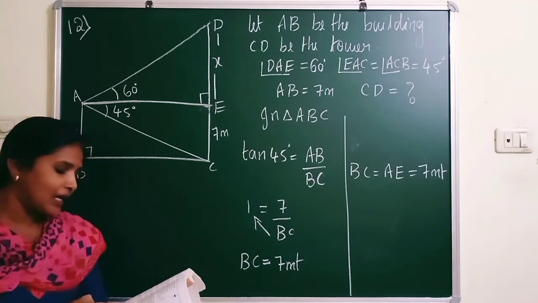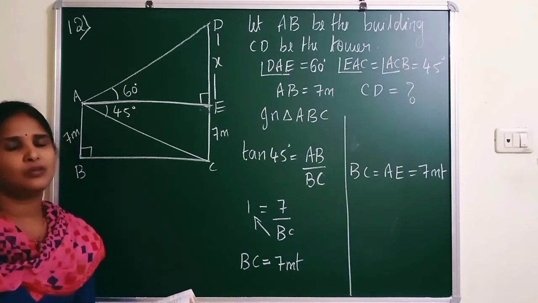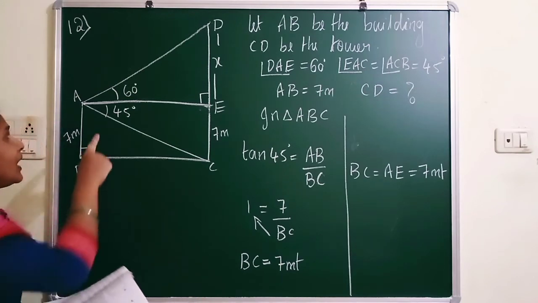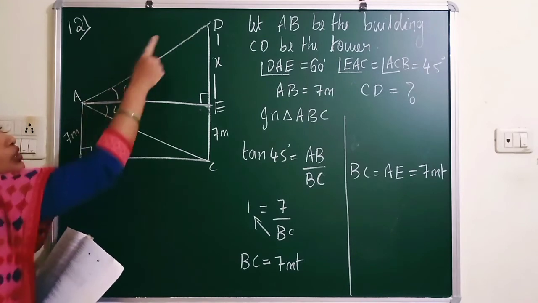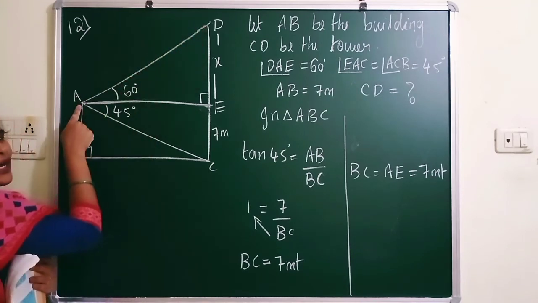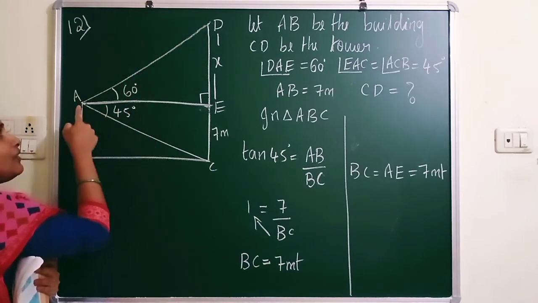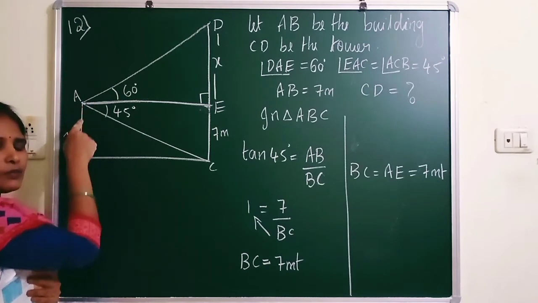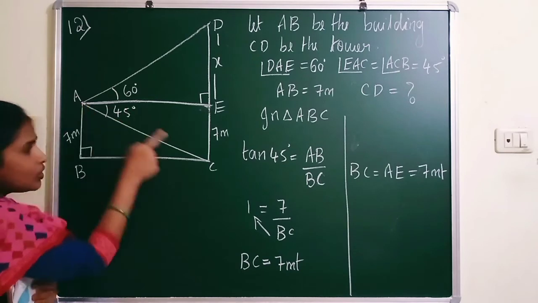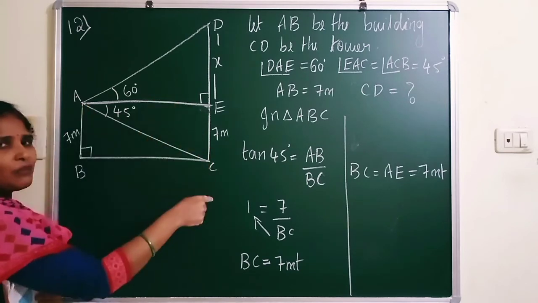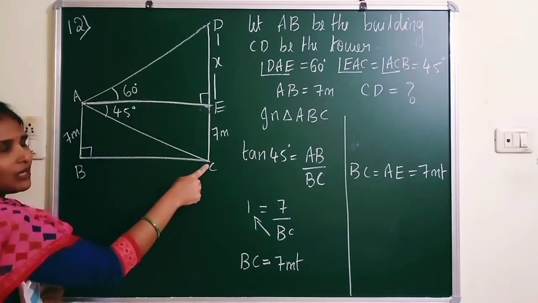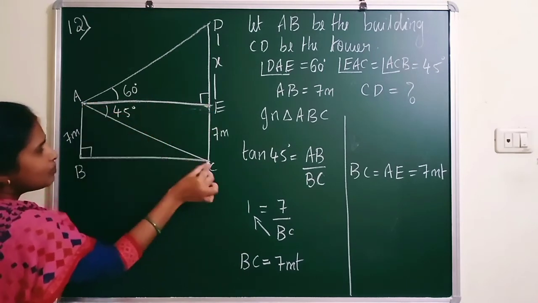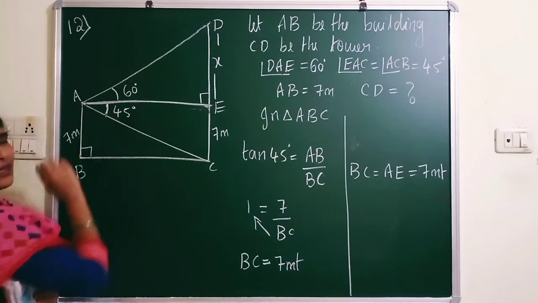So now, given the angle of depression of its foot. Whose foot? That is the tower foot, given cable tower. So the angle of elevation of the top of the cable tower from the point A is 60 degrees, and from the same point the angle of depression, whenever depression comes you look down. So whenever you look down at the foot of the same cable tower, from here the angle of depression becomes 45 degrees.